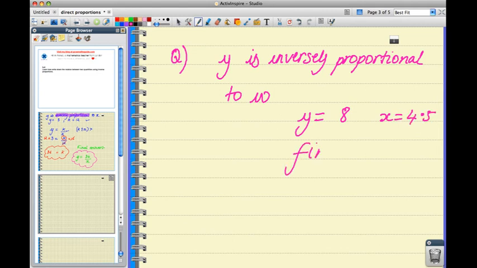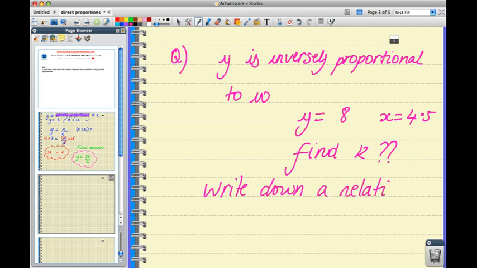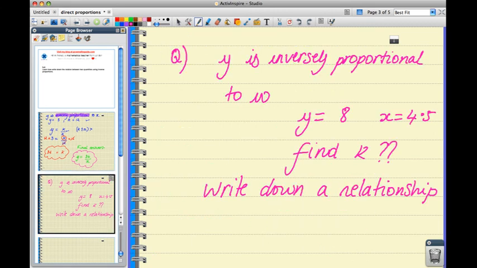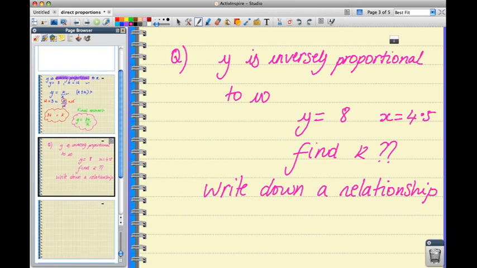Find k for me please, and write down the relationship. So check what I've done earlier here and try to do that by yourself. And if you think that you've got the right answer,